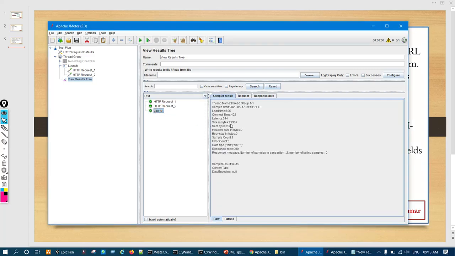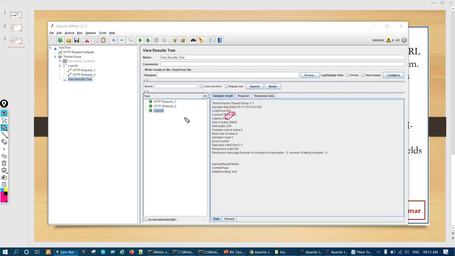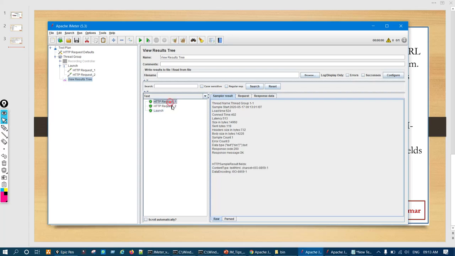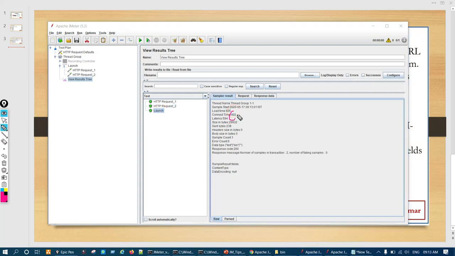Here you see that connect time is coming for the transaction controller, and for each request also connect time is there. Earlier there was a problem: the transaction controller was not showing the total connect time of these requests. Now they have fixed it. Whenever a transaction has multiple requests inside it, it gives the overall connect time for all of them.